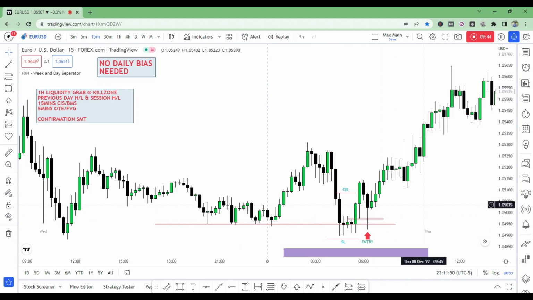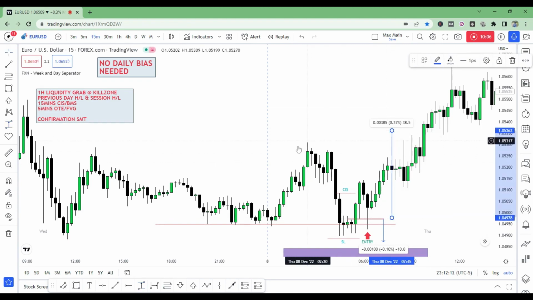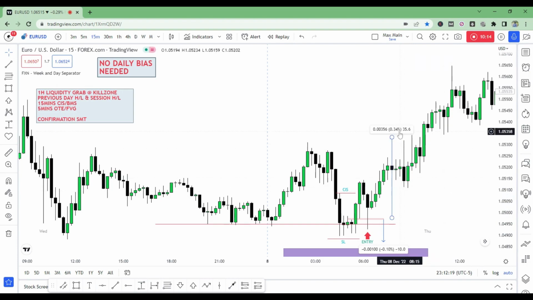We see the market retest that, and if you look at the risk, it's not significant at all. Let's say you entered using the imbalance. Look at it, guys, it's just about 10 pips. So you have a 10 pips stop loss, and the potential is just amazing. You first target the liquidity. Once you target liquidity, look at this, it's 35 pips over 3 hours. Essentially, that's why I'm telling you this strategy is powerful.